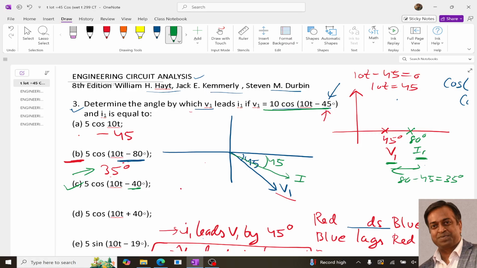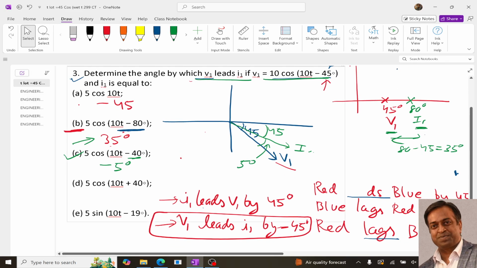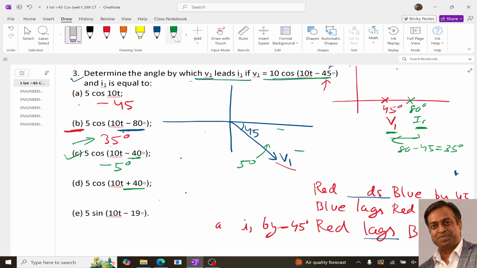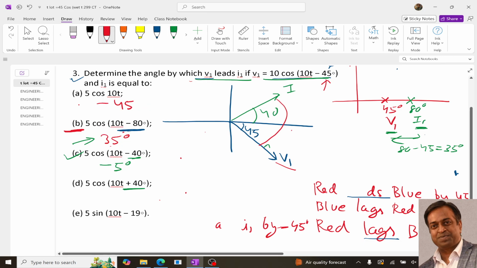This is 45. So it means over here this current is leading, right? By what angle? This will be the angle. It is 5 degrees. So current is leading V1, but we need to answer in the form V1 leads I1. So it means the answer will be minus 5 degrees. Going to the next one, D part, it is plus 40. Plus 40 means that, again drawing a phasor, it is 40, this is I, so the total angle is 85,